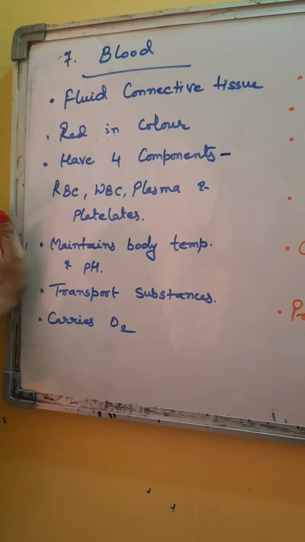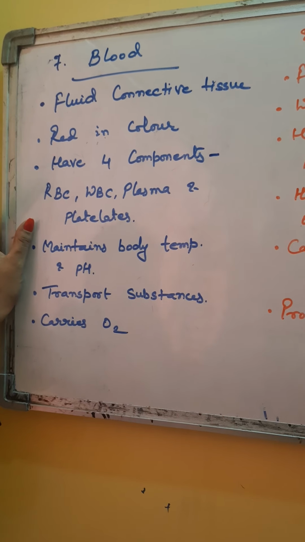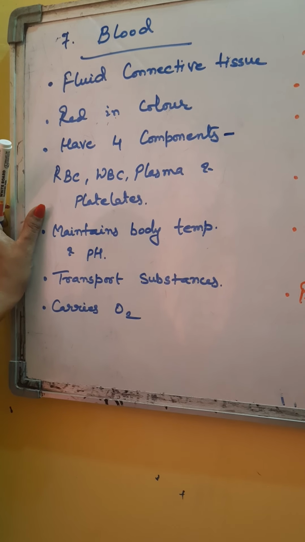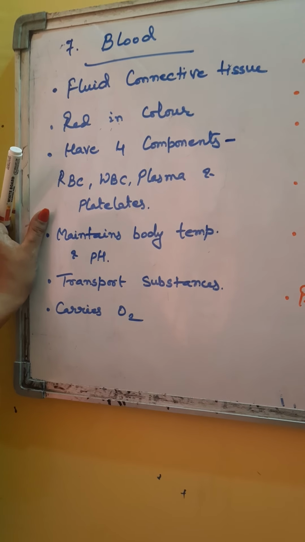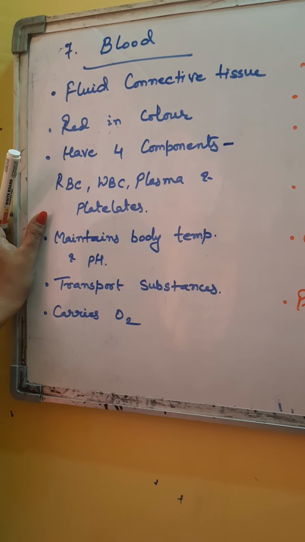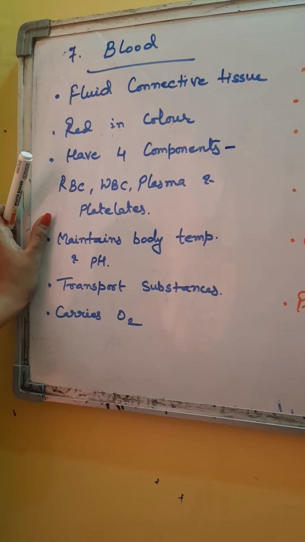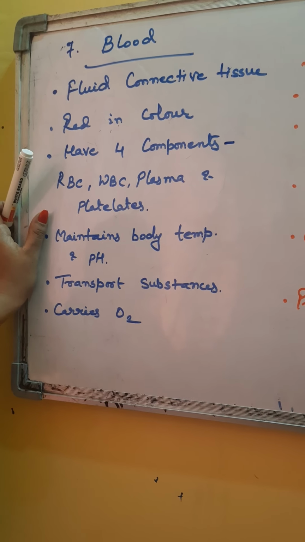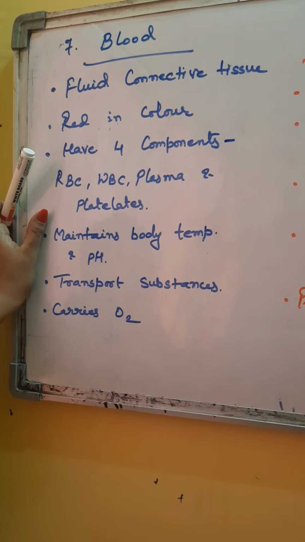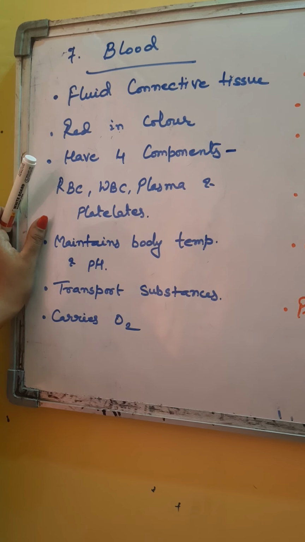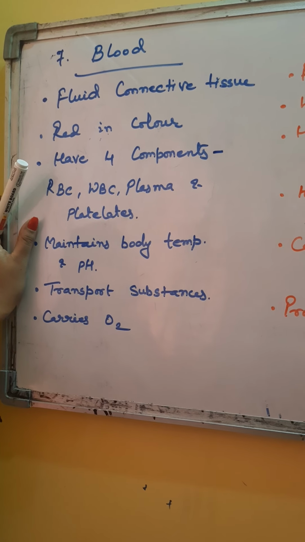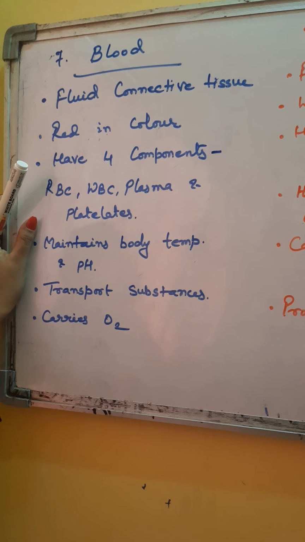And the fourth component of blood is called blood platelets. These are irregular disc-shaped cells which are responsible for blood clotting. Blood clotting is a defensive mechanism of the body. It occurs when there is some injury or cut. Due to any injury or cut, when blood flows out of the body, these platelets perform a chain reaction and help in blood clotting. The blood clots and it stops the flow of blood.